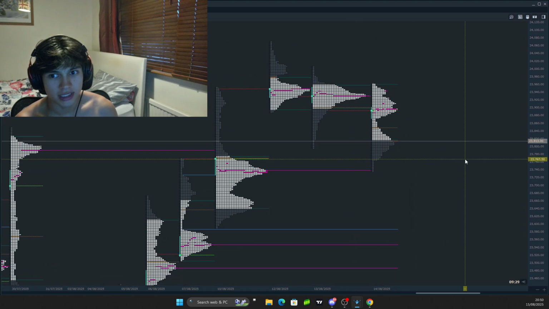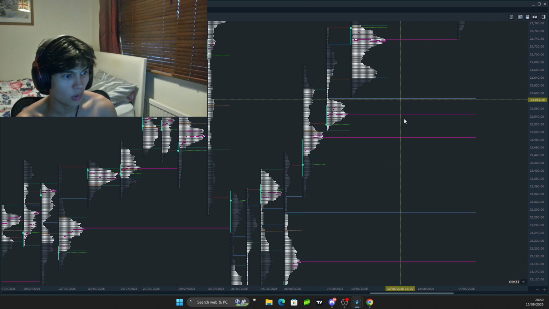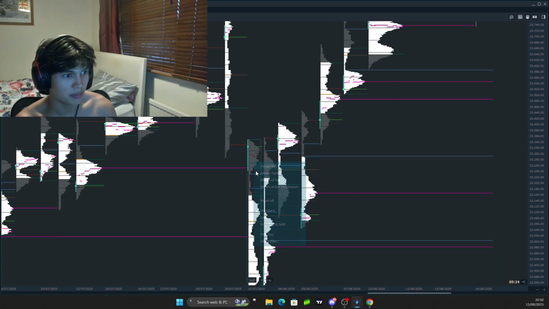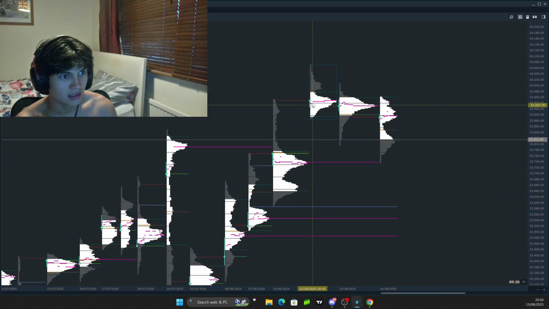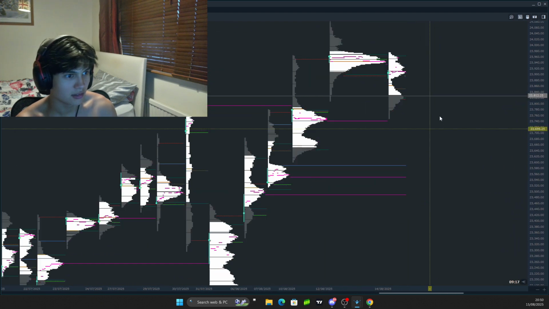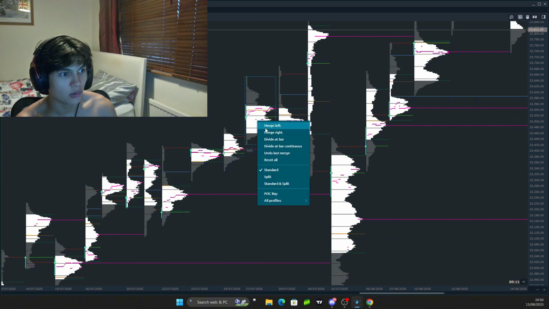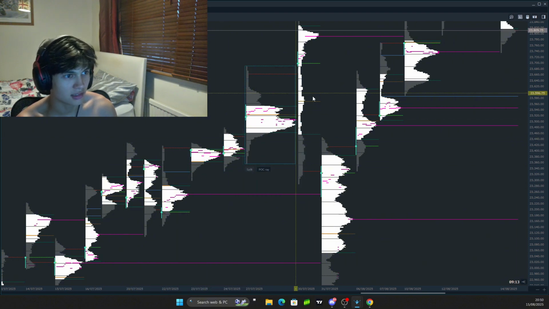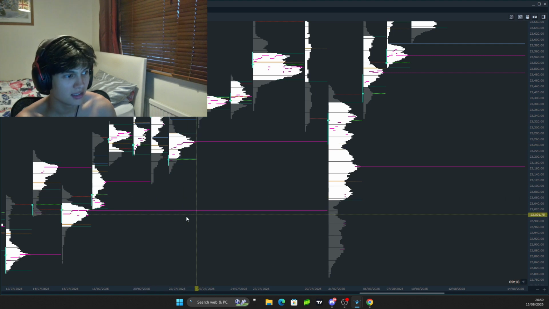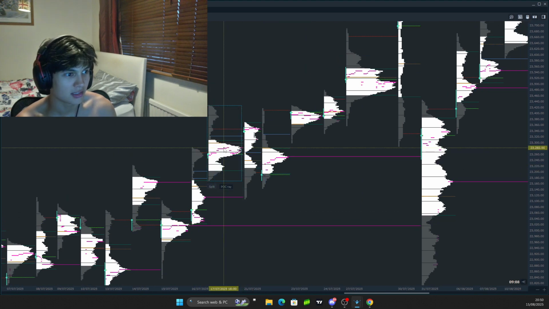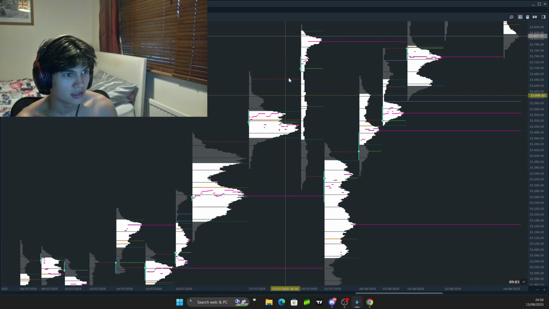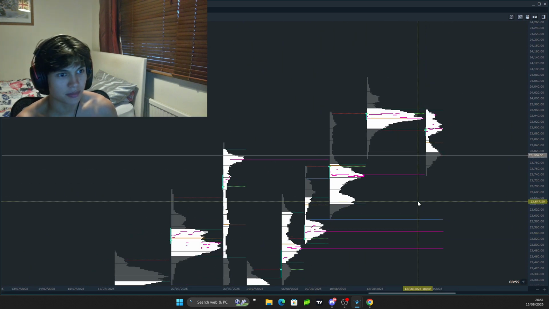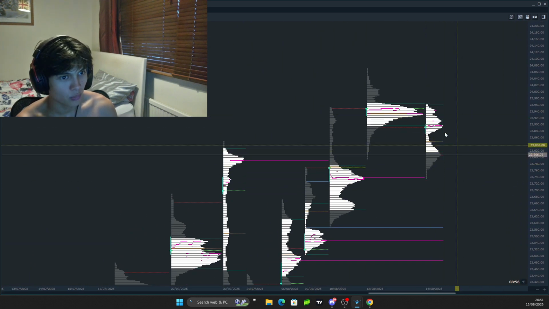So coming in at the day, what we've seen is we've been ranging, going from areas of balance like this to other areas of balance. That's what the market does. Market goes from balance to a new area of balance, comes back. So I've been making composites and trading from composite back to areas of balance with the TPOs. But anyway, today's levels, we were originally up here,